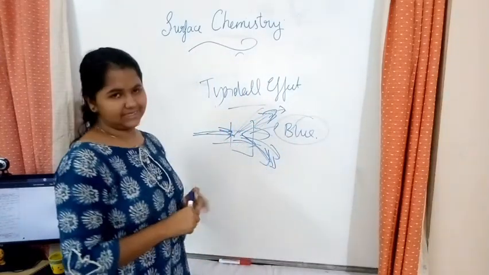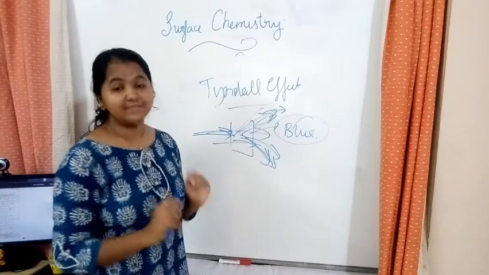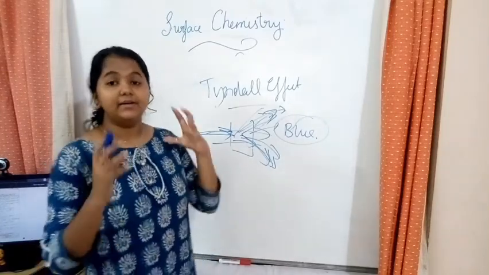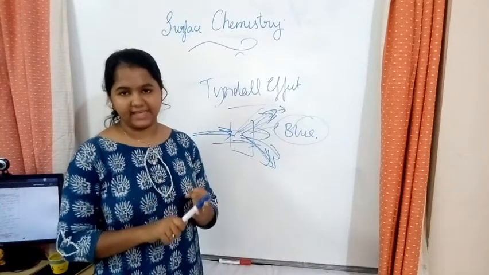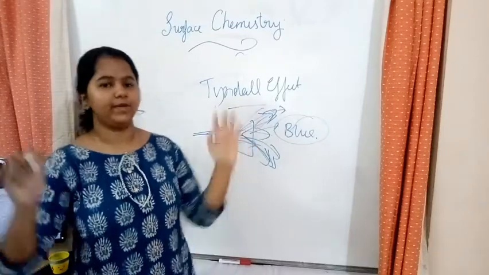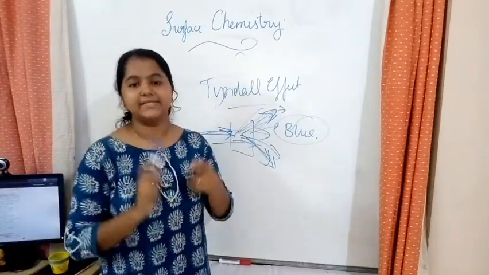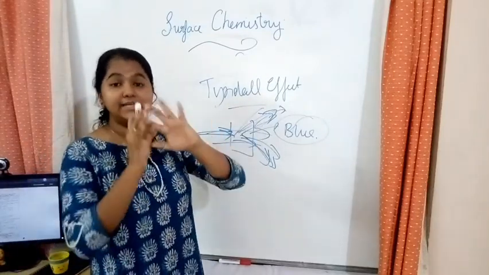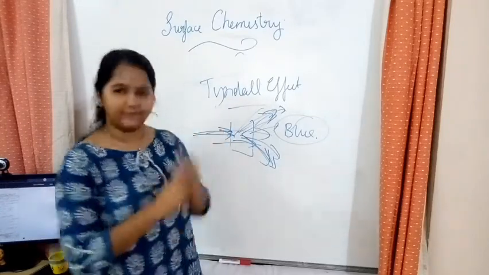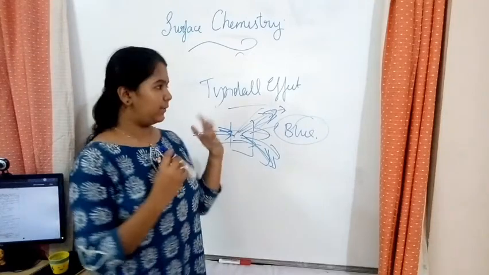Okay, there is opalescence. The next thing is the conditions for Tyndall effect. The first one is about the refractive index of DP and DM. The refractive index should differ greatly. And the second point is about the DP's radius. The radius of the DP particle should be comparable to the wavelength of the light. So these are the two conditions.